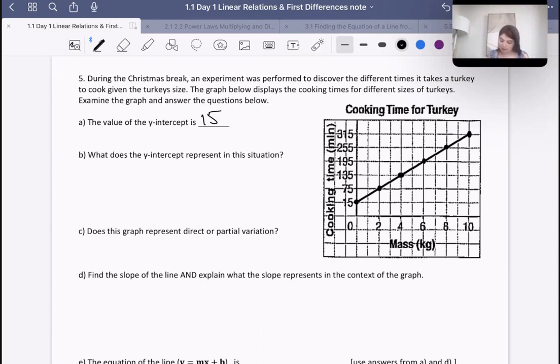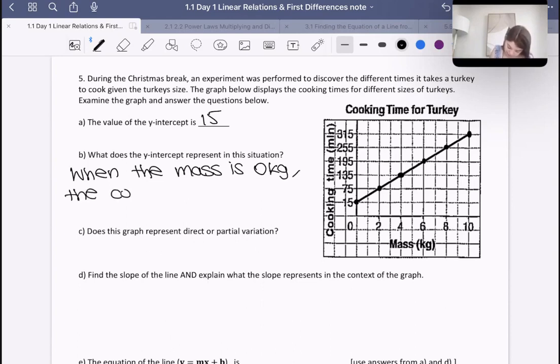And so for a very, very small turkey, apparently, when the mass is 0 kilograms, then the cooking time is 15